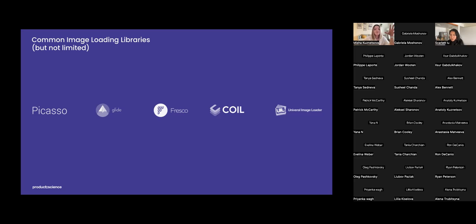Image loading libraries for mobile are software components or tools that provide a set of functions or APIs for loading and displaying images in mobile applications. These libraries are designed to optimize the image loading process and improve the performance and user experience of mobile applications. There are several common image loading libraries available for Android mobile app development. Here are some popular choices. Coil